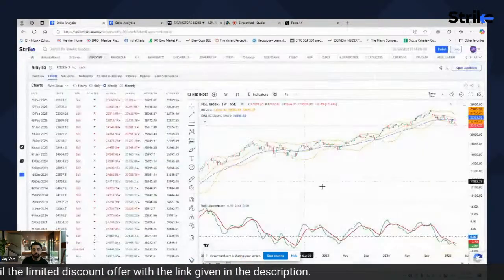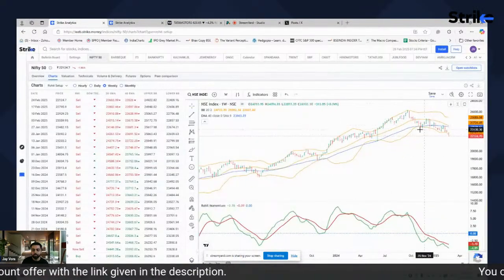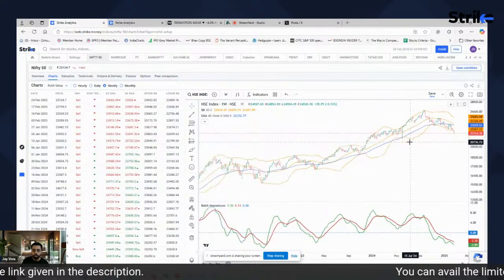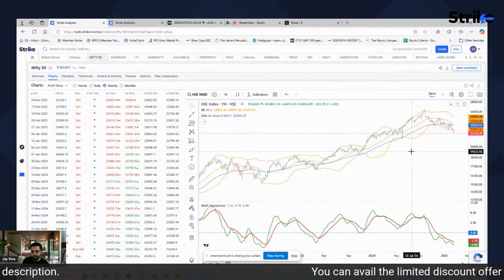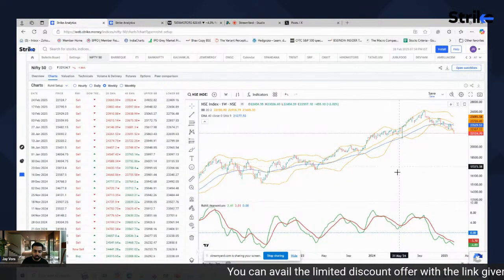I mean, this is very simply how I have put it. इसमें थोड़े और नुआंसेस हैं जो मैं आगे जाके कवर करूंगा. But